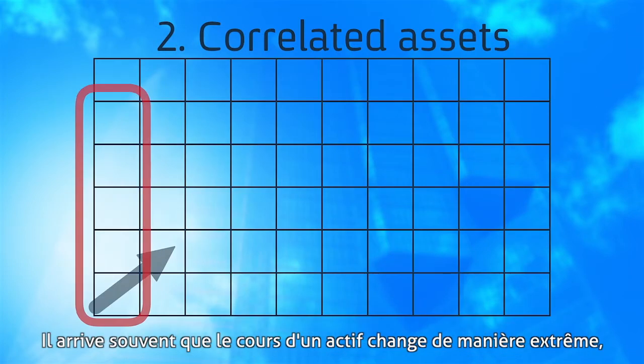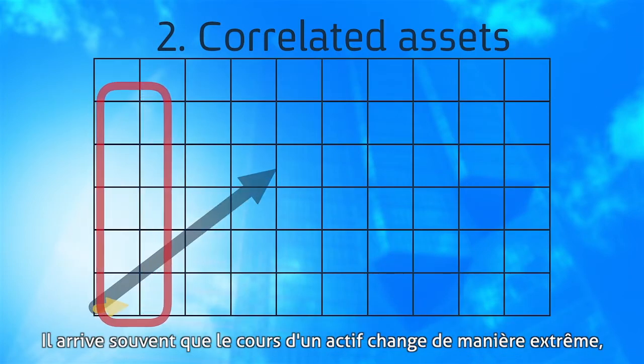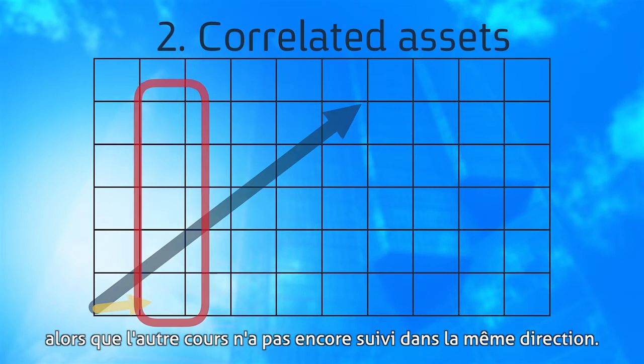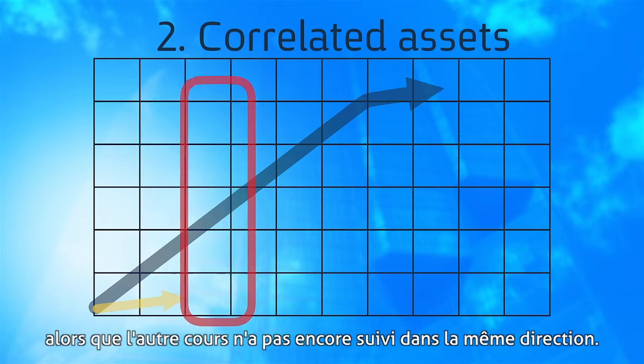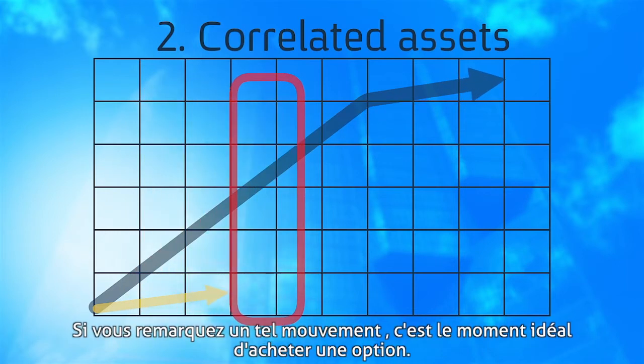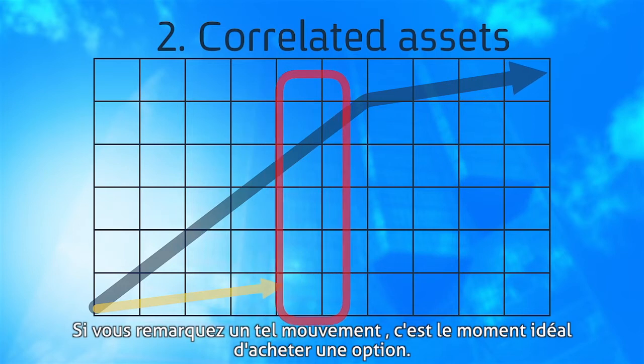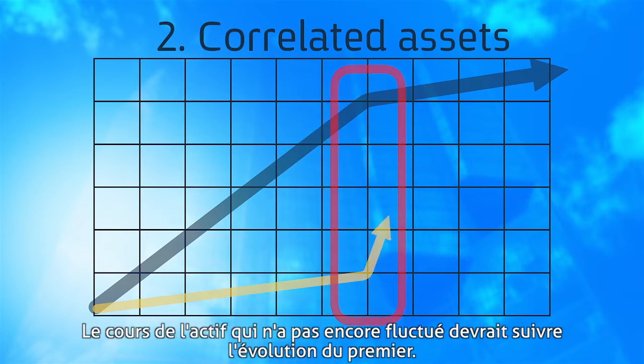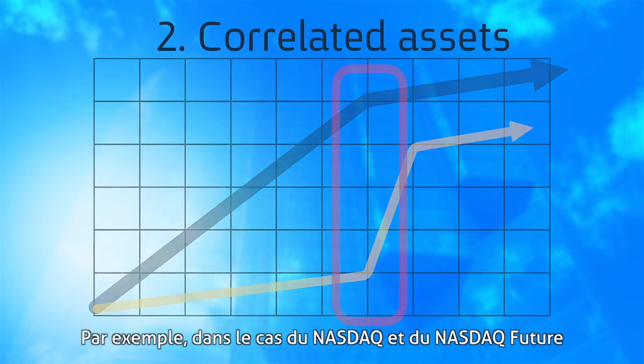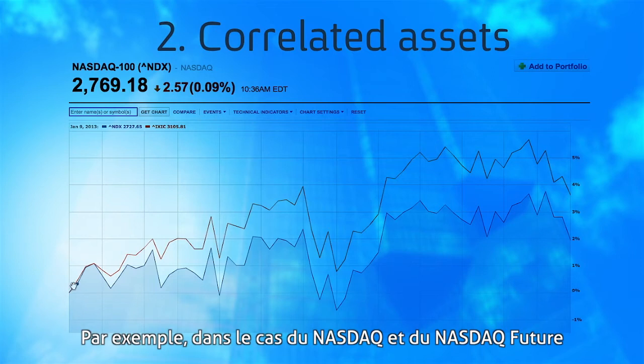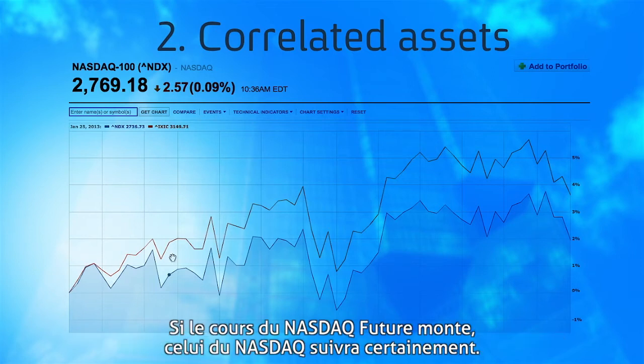It often happens that the price of one asset moves to the extreme, while the other price has not yet moved in the same direction. If you notice such movement, this would be an excellent time to buy an option. The asset price that hasn't yet moved is expected to follow the movement of the other assets. For example, in the case of the Nasdaq and the Nasdaq future, if the Nasdaq future rises, the Nasdaq will